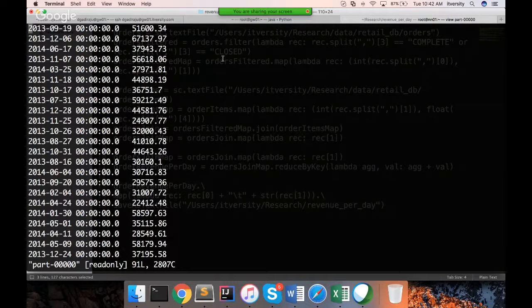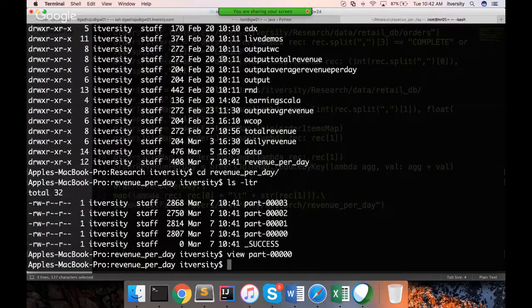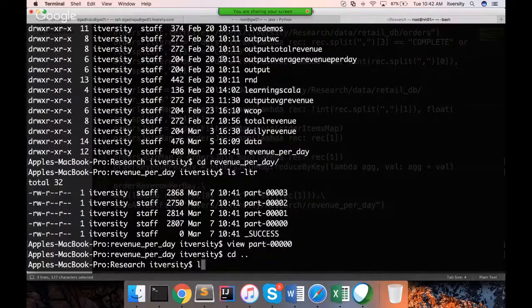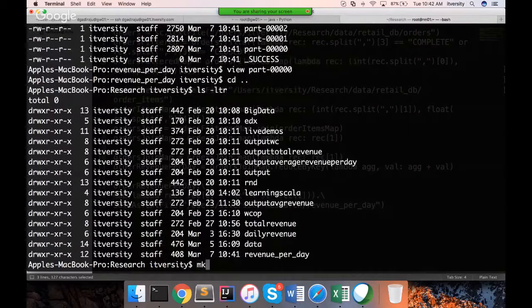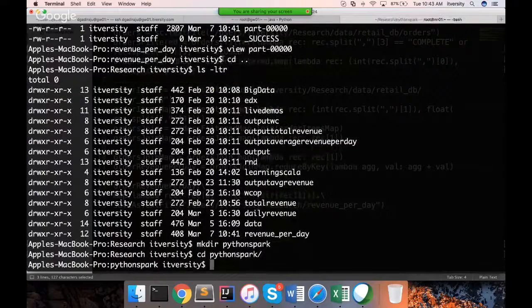Okay, so I'm coming out of it now. First, we need to understand how to make it an appropriate program. For that, I am going to this location and creating PySpark as a directory, or Python Spark. And then I want to create the file using vi, daily